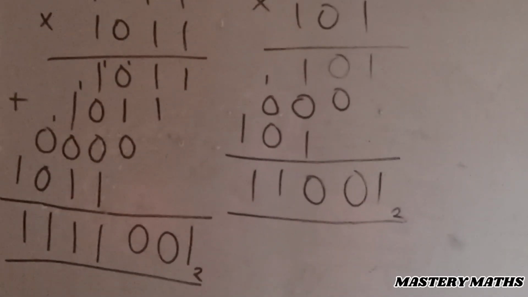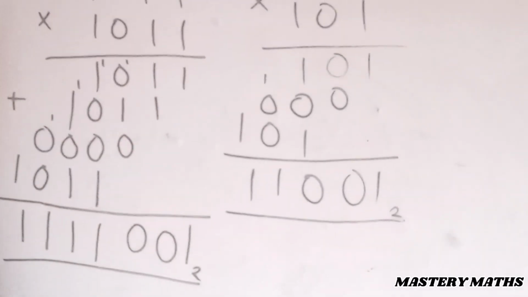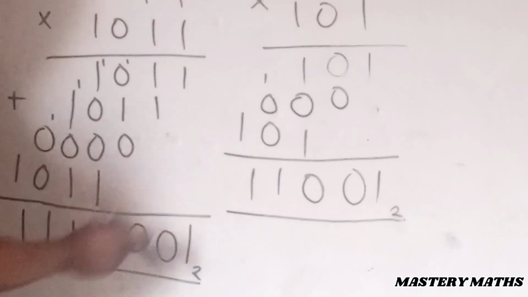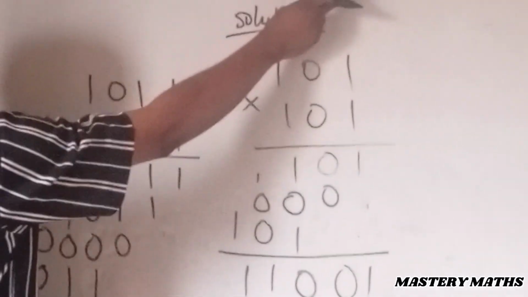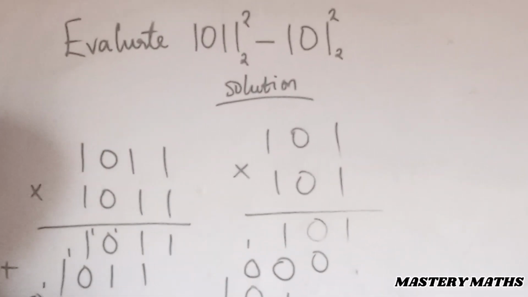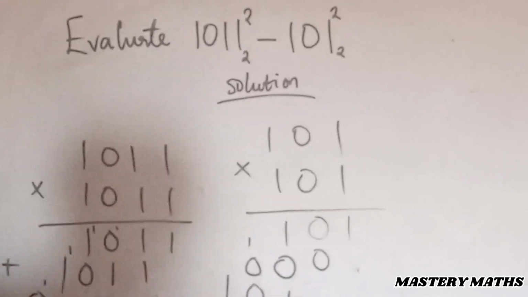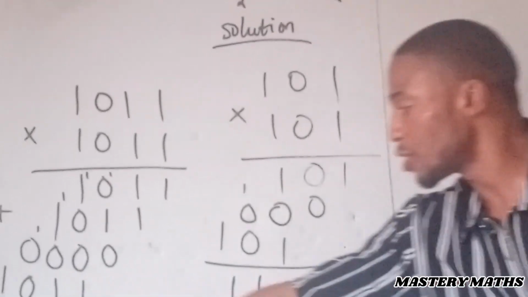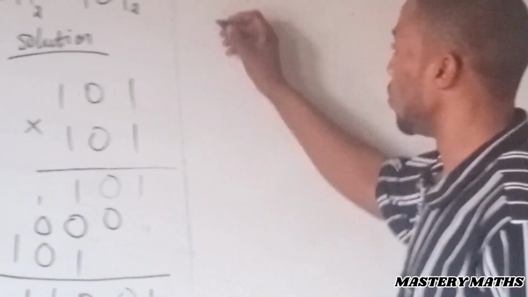So after this, what will be the next thing? Remember I told you, first we get the value of this, which is this. We get the value of this, which is this one. Now we subtract this one from this. Now, let's subtract it first. In subtracting it, the highest number will come here, which is